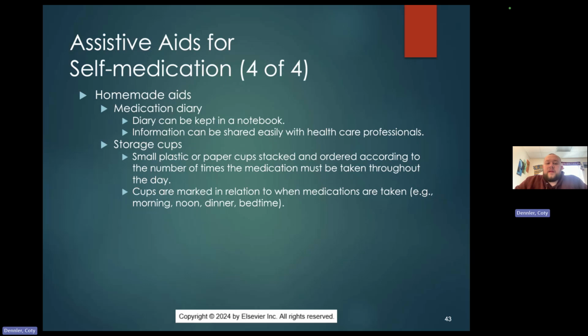Some homemade things is a medication diary. So especially starting a new medication, I will have a client say, okay, write this down on your diary because I have them write down how they feel and take their vitals and everything every day anyway, especially I'm speaking from a home health perspective. But I will have them write down, okay, I took lisinopril, a new medication,